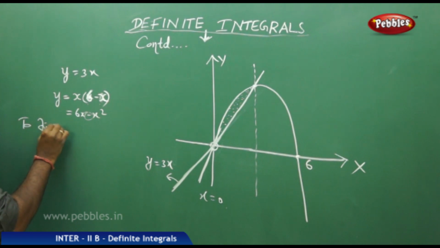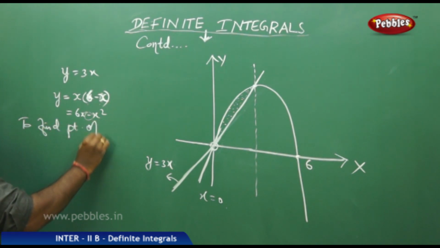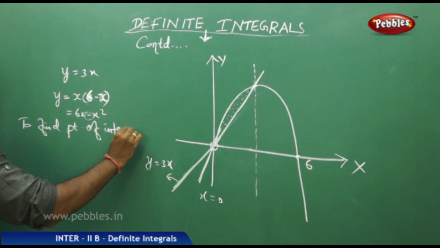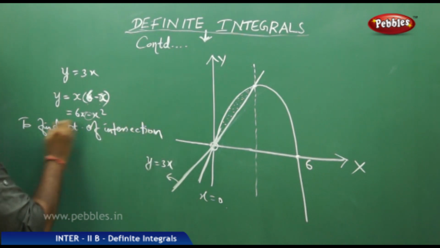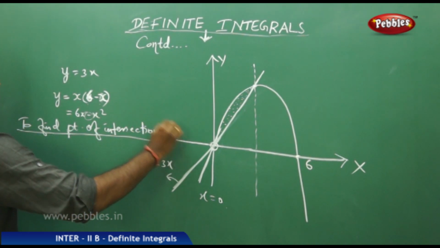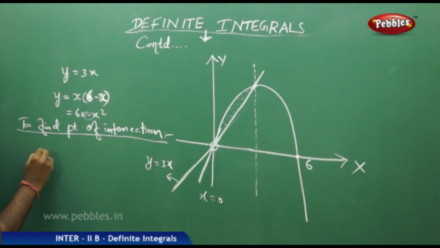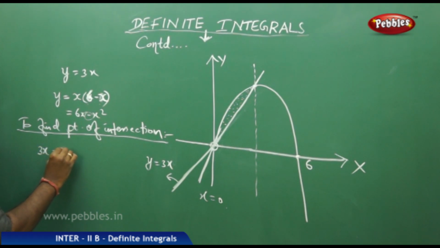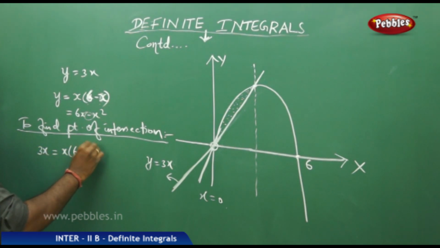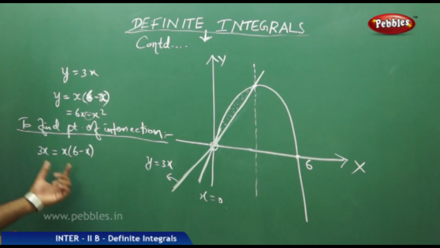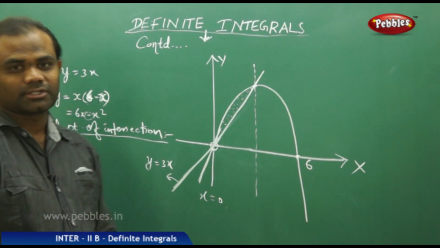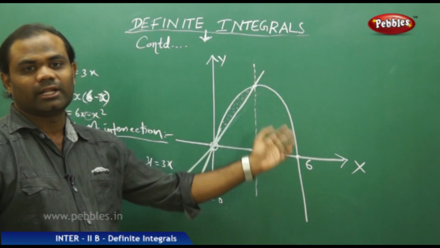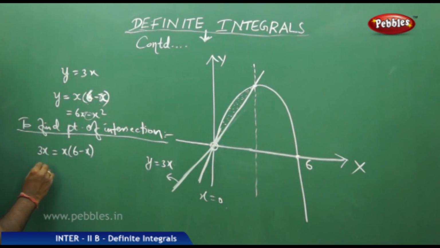So to find the point of intersection, I take 3x, which is x times 6 minus x, because in order to solve the point of intersection, we equate the line and the parabola, and hence I get this to be